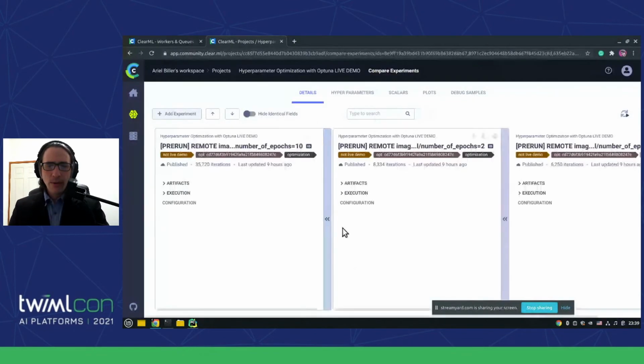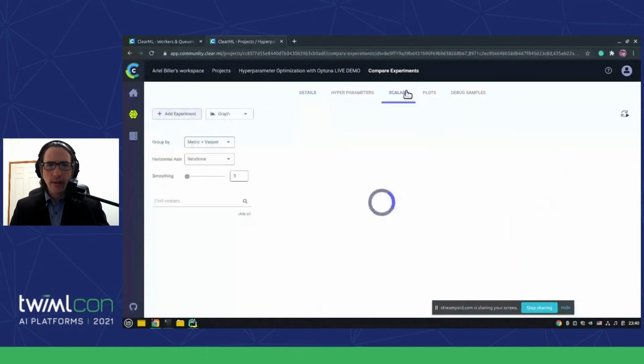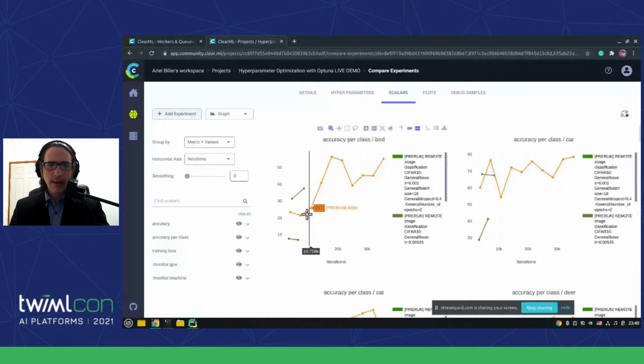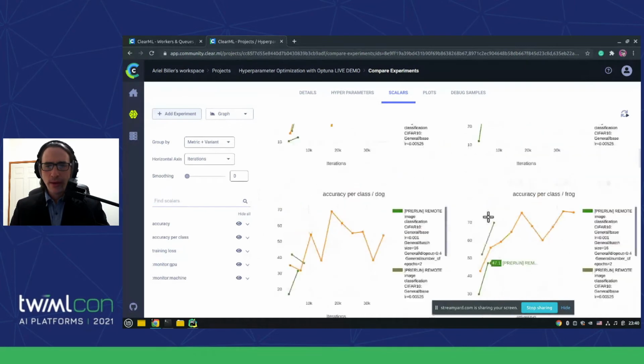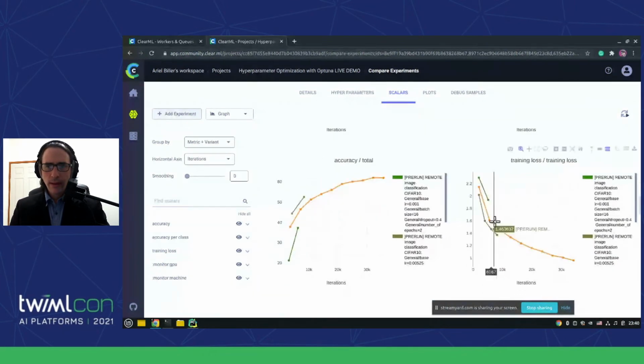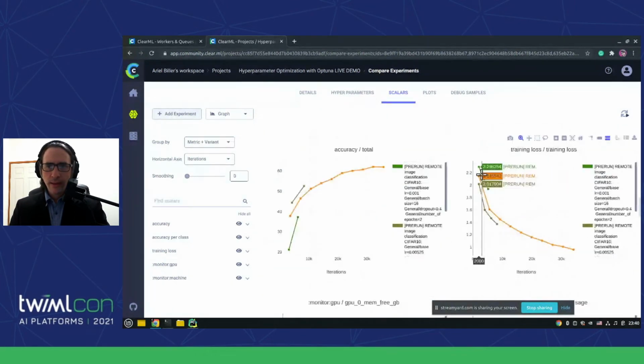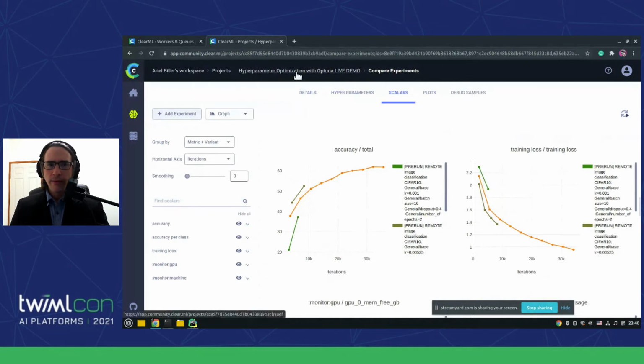Okay, I will go into compare at the end of the session a bit more, but I just want to see the changes in values. So I can see that these runs were early stopped, and this one continued further, but I just want to make sure that the loss curves are okay, and that I actually see changes in the loss because of the different learning rate and batch size. So the sanity test is okay.